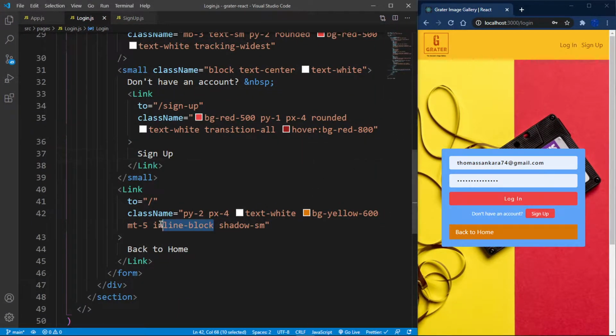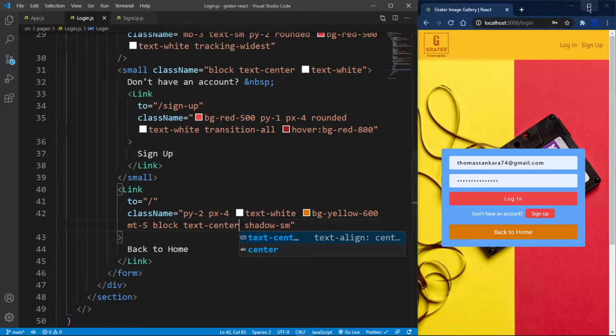Doesn't it display as an inline block? Let me see the options that I have for block. There are only 2: inline block. And what if I say inline? No. And block, let's say text center,